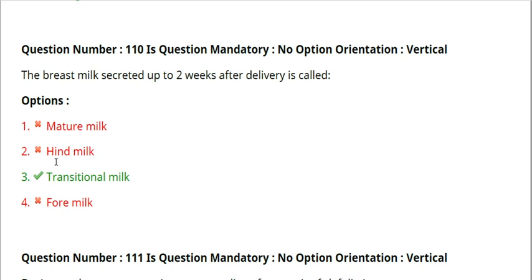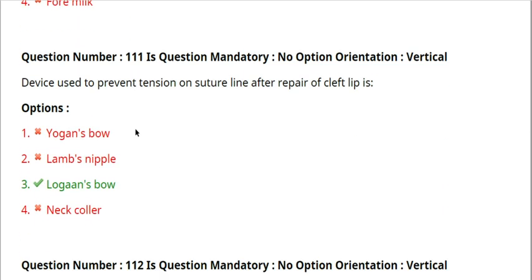Next is your transitional milk, which will be secreted up to 2 weeks. Next, mature milk will be white in color. So you should know about the stages of breast milk. Here they are speaking about which milk is secreted up to 2 weeks after delivery. It is transitional milk. After this transitional milk, the mature milk will be secreted, which will be secreted up to 6 months. Okay, the device that is used to prevent the tension of the suture line after repair of cleft lip